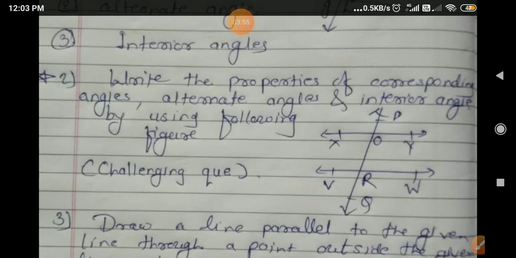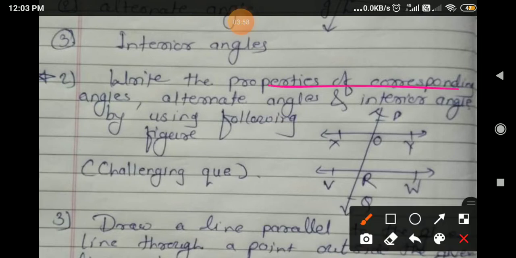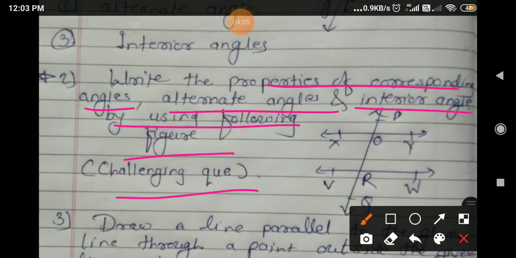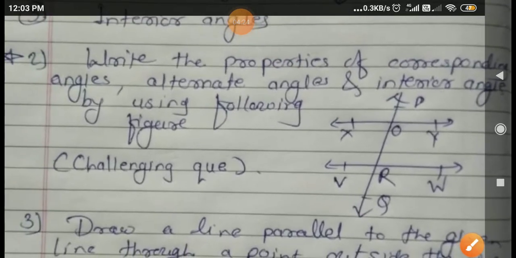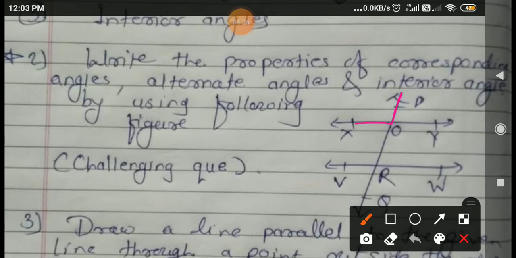So let us read the question. Write the properties of corresponding angles, alternate angles and interior angles by using the following figure. It is a challenging question. By using this figure, how can we explain the properties of corresponding angles, alternate angles and interior angles? The properties of corresponding angles are, see here, if the measure of angle